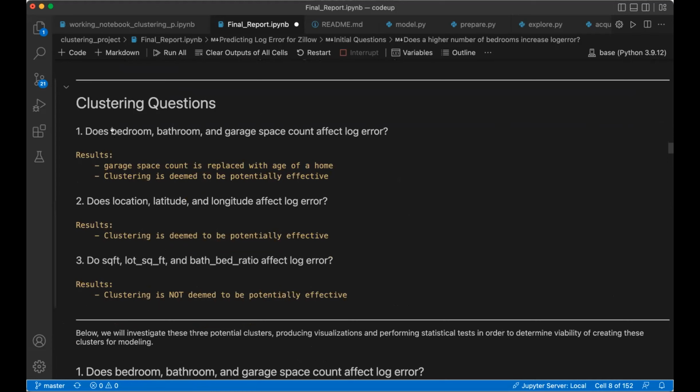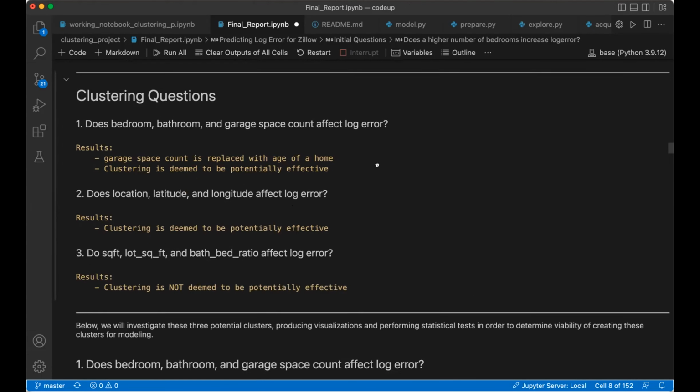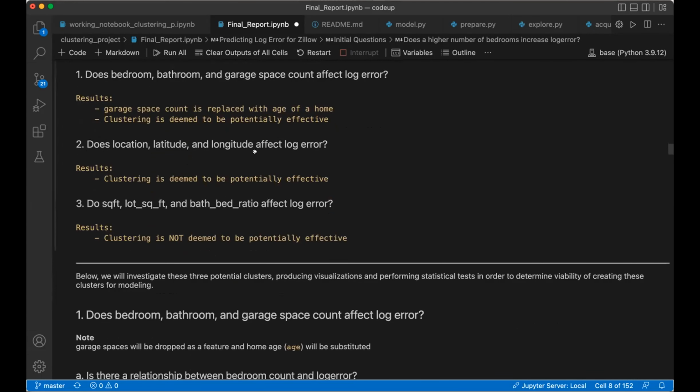So in taking some of the variables that I looked at in my initial exploration, my first cluster, bedrooms, bathrooms, and garage spaces, does that affect log error? I found that indeed it does, although garage spaces was not significant. So I replaced that with age of a home and binned that. My second cluster, location, latitude and longitude, also was found to be potentially significant. Yet my third cluster, square feet, lot square feet, and the bath to bed ratio was not deemed to be